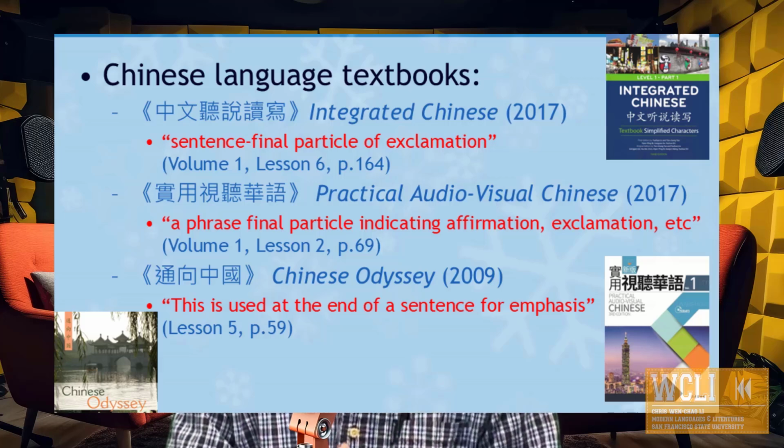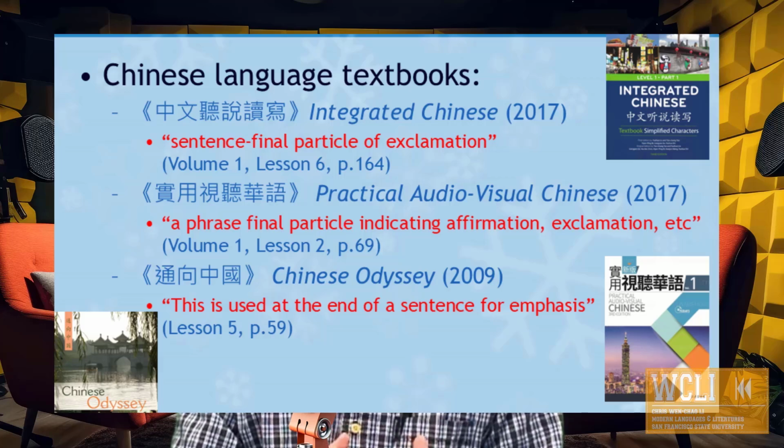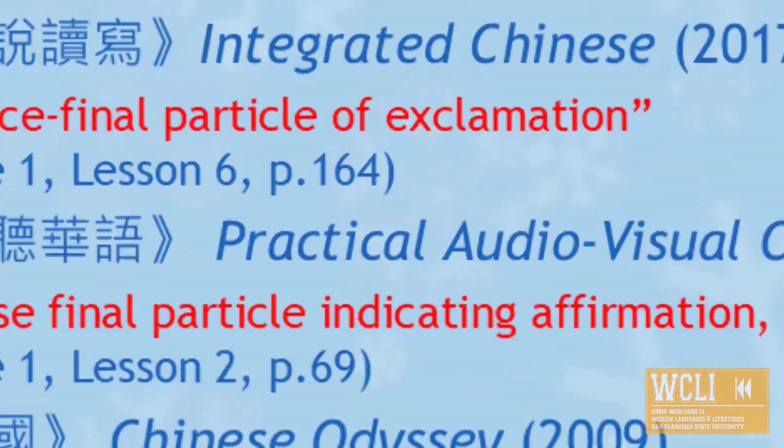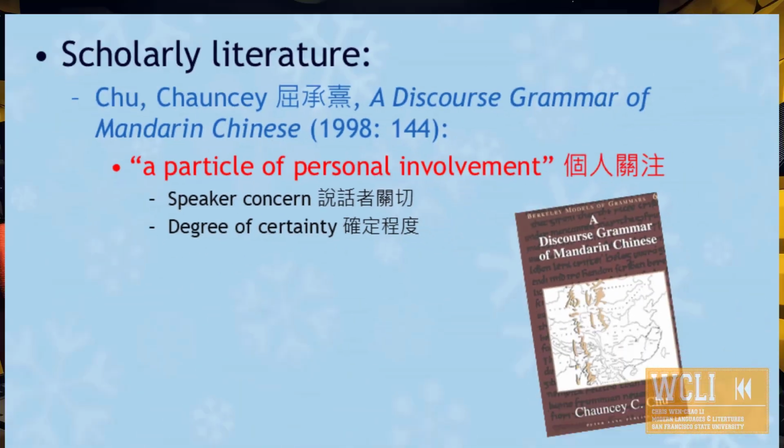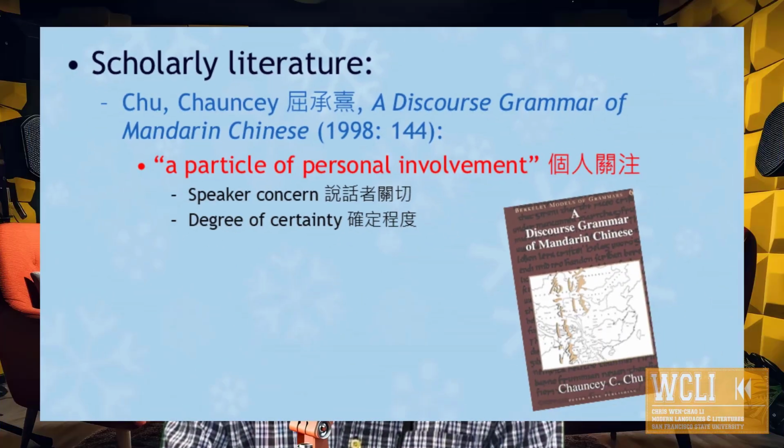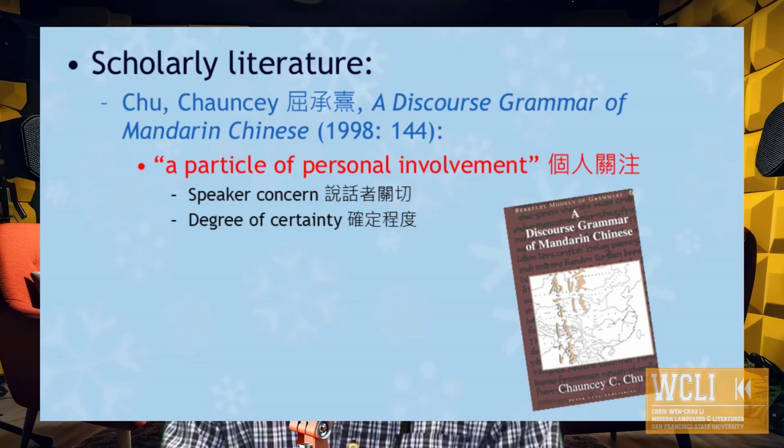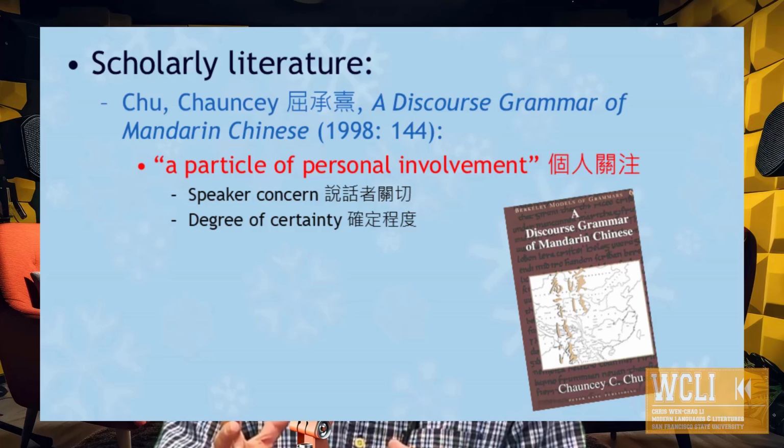The textbook Chinese Odyssey says, this is used at the end of a sentence for emphasis. You don't really get any more nuanced explanations until you start looking at the scholarly literature. One very helpful work is Chauncey Chu's A Discourse Grammar of Mandarin Chinese, where 啊 is described as a particle of personal involvement. Now, Chu further breaks down personal involvement into two distinct parts, that is, speaker concern, showing that